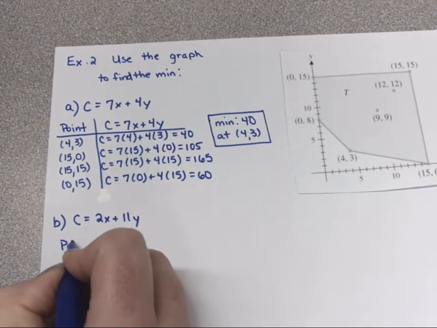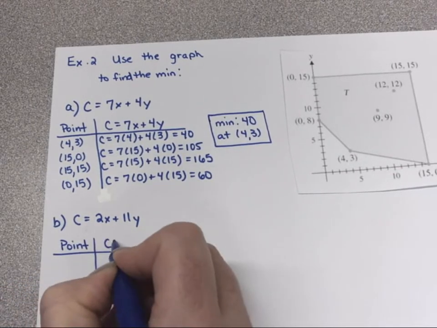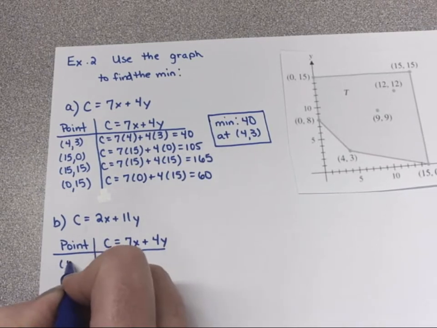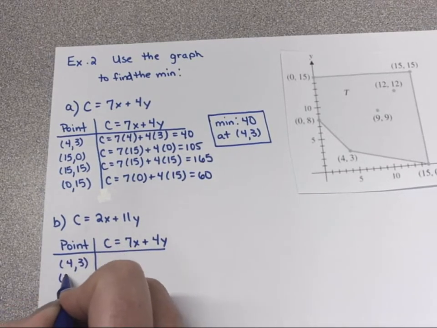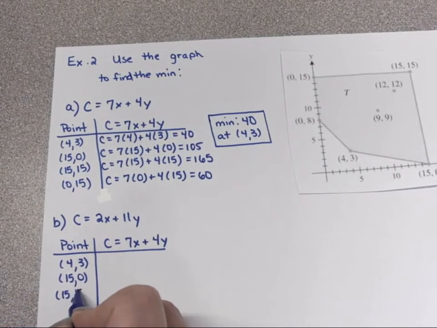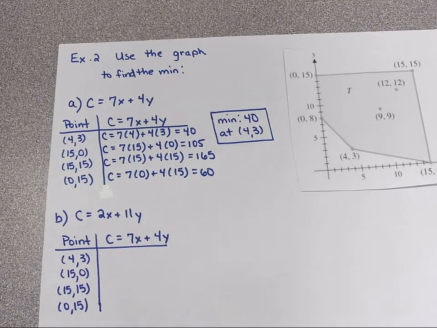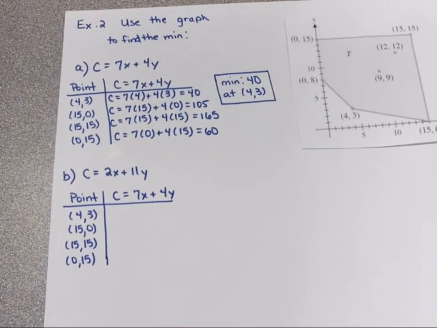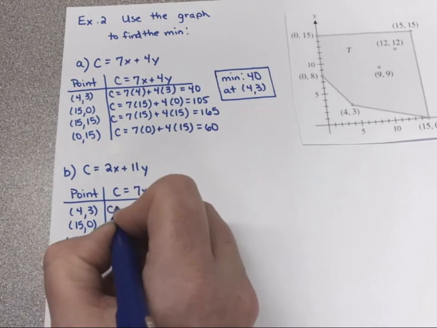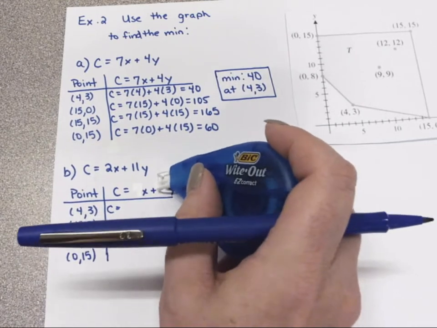All right, so let's look at part B. So again, the method of corners tells us that the max and the min can only lie at a corner. That was why on your quiz today I asked you to be really, really careful about where they crossed each other, because the intersection points are going to become super important because they're the only place an answer can exist. So this one would look like, oh, that's not the right equation, right? I switched it to